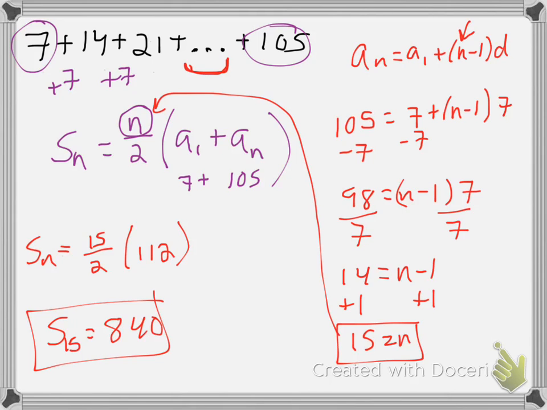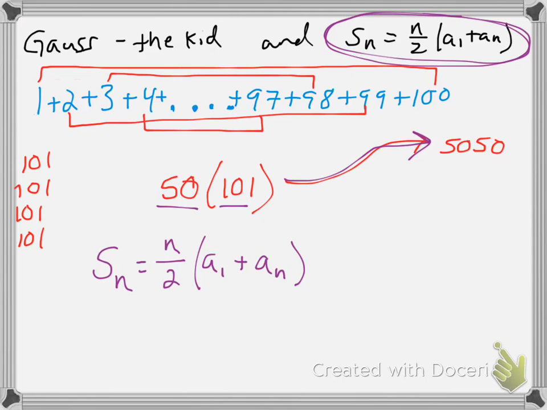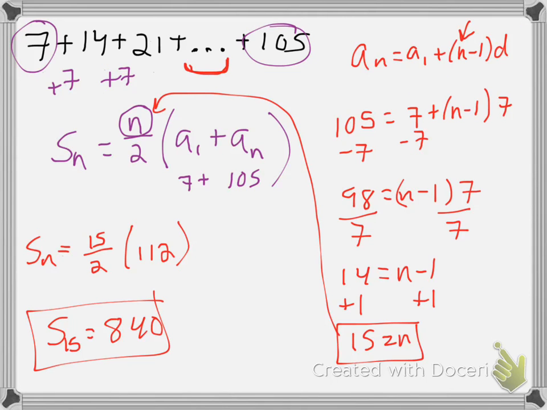You need to be able to do that. You need to be able to do it both ways. Just be given basic information like you have 50 terms and you have a common difference of 3 and the first term is 10 and the last term is whatever. Solve for the sum. But oftentimes, more than not, you're going to have something missing. Maybe a missing number of terms. Maybe a missing last term. Heck, maybe even sometimes a missing first term. I don't know, but you need to be able to use your problem-solving skills to figure that out.